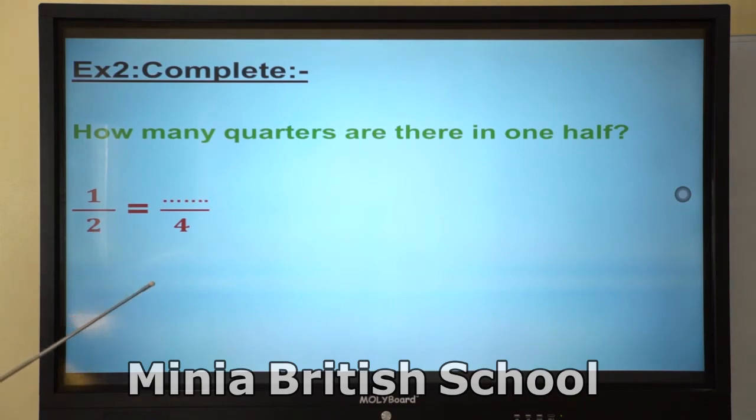2 here became 4. So 1 became what? 2 became 4. So I multiplied 2 by 2, it will be 4, so we have to multiply the numerator by the same number. So 1 times 2 will be 2. So how many quarters are there in